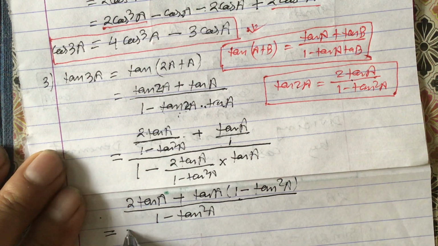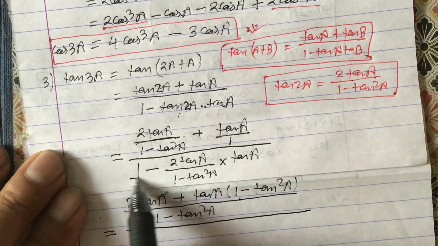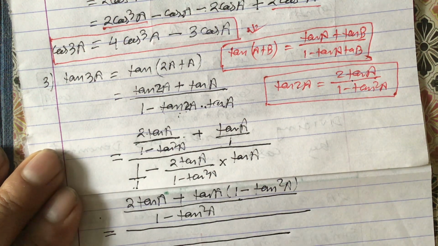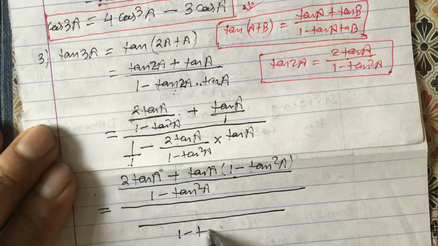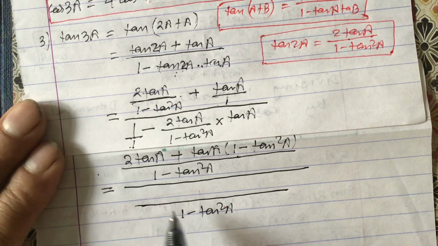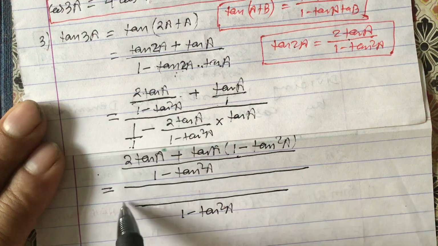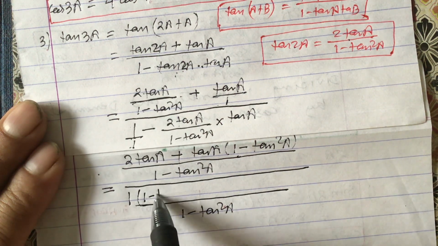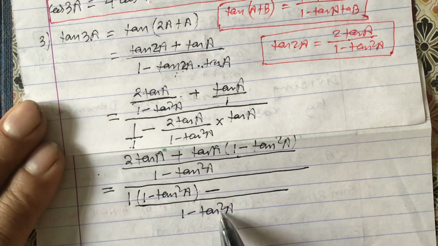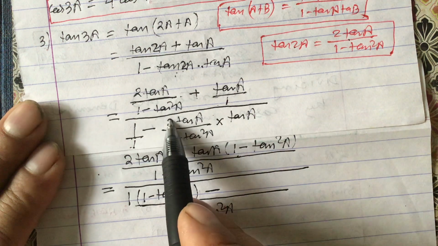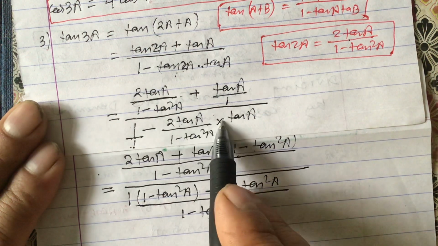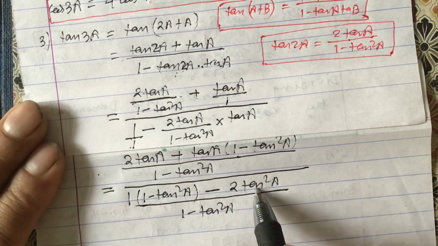Okay, like this. And in the denominator also, same, we will take LCM. Here is 1 and 1 minus tan square A. LCM will be here also 1 minus tan square A. Now, if you take LCM like this, this 1 minus tan square A will multiply here. 1 will multiply 1 minus tan square A, and then minus this one, same, so no need to change the numerator. So 2 tan A times tan A is 2 tan square A. See, 2 tan A times tan A. So if you multiply this 2, you will get 2 tan square A.